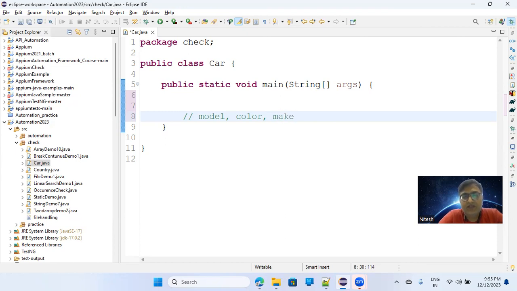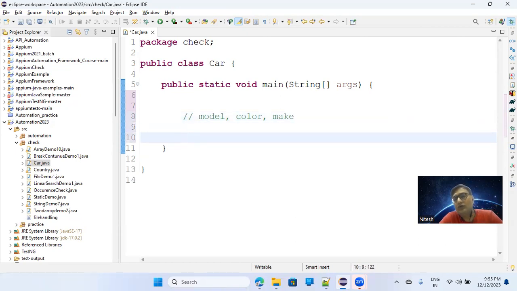Make means the year, like 2013 model, 2015 model, something like this. So you want to have these values for 3 different cars. How will you do it? The model is generally a string, so you'll say a string